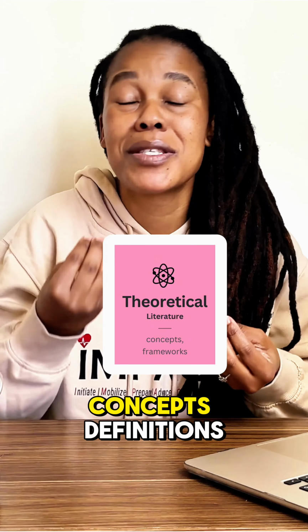The second type of literature that you need in your literature review is empirical literature. All right, this is so important, besties. I cannot stress this enough. Empirical literature is literature that has to do with stats, that has to do with different study findings, basically those studies that went out to the field and gathered some information from the field.